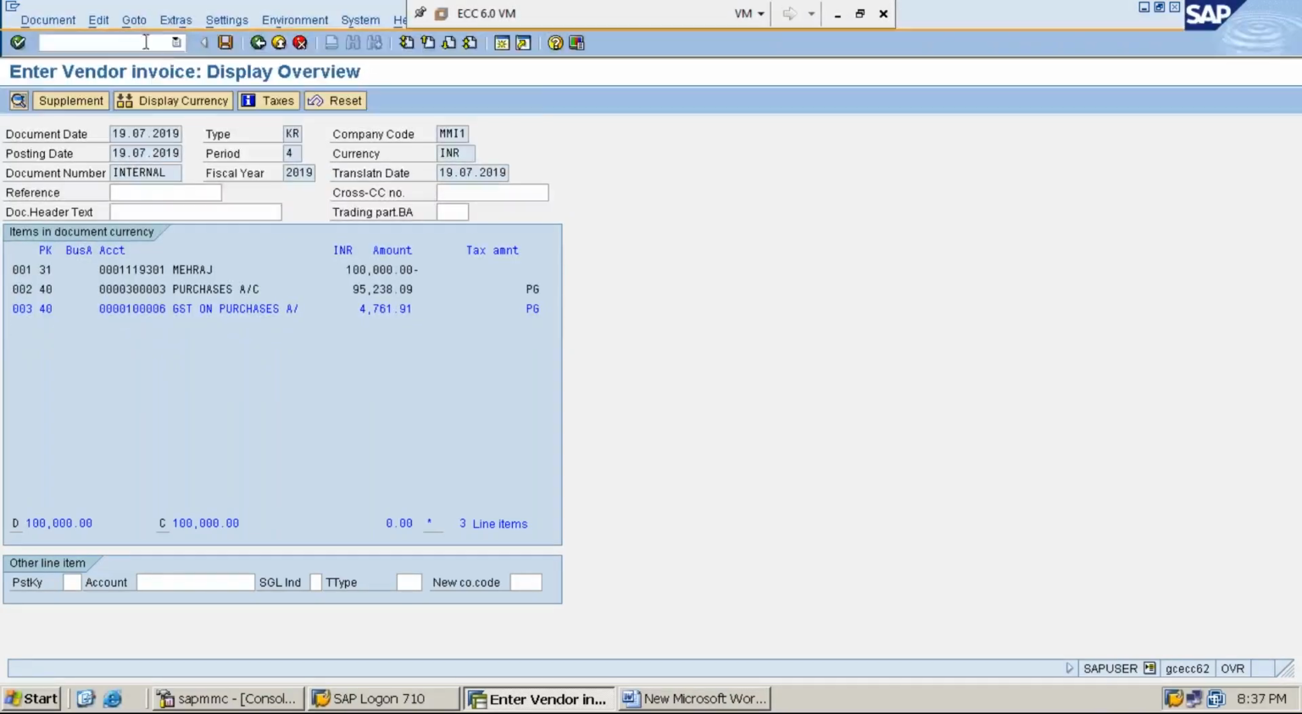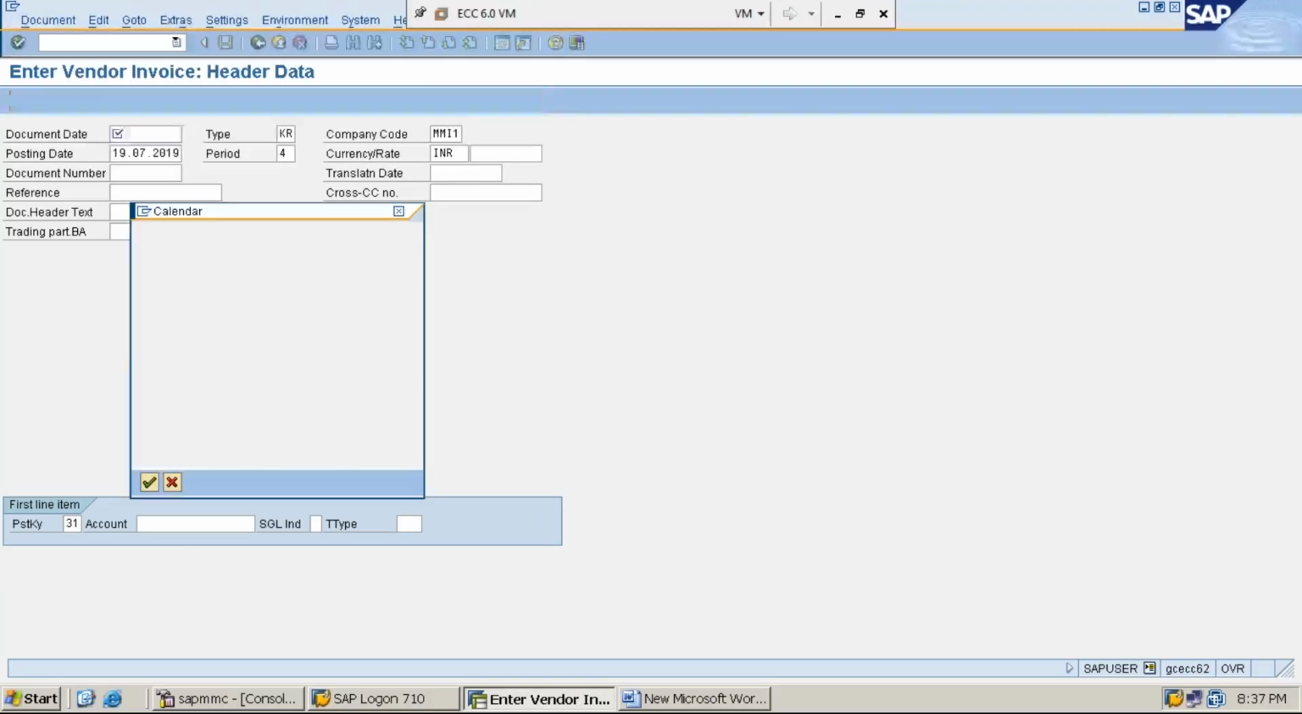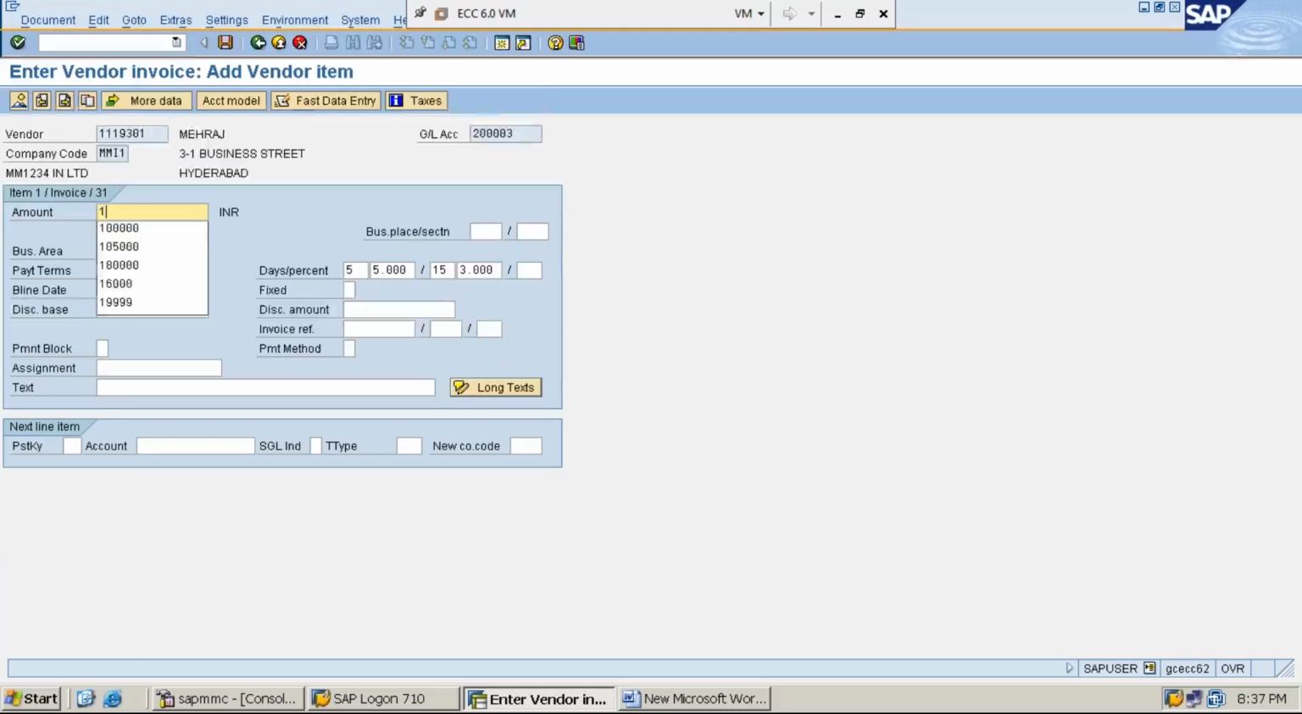So at this point we have to click on post. That's it. Again, I'm doing it from the beginning for your clarity's sake. So /nf-43 enter, give the document date, today's date, document type KR, company code MMI1, posting date, period 4, currency INR, give the vendor number 1119301, give the amount 1 lakh, select calculate tax box, give the